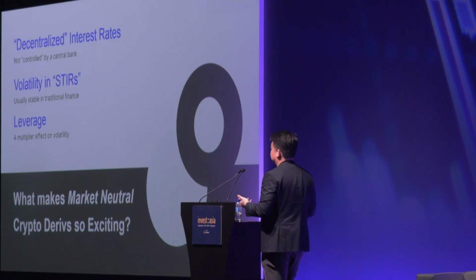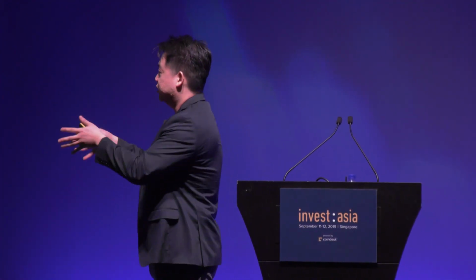Well, I like to call this the decentralized interest rate theory, because it's the first time that a product like Bitcoin has no central bank, right? So there's no control of the central bank, whereas in the Euro, you have the ECB. For USD, you have the Fed central banks. So because there is no one pricing in interest rates from a central bank basis, it creates a lot of volatility. Everything is priced based on supply and demand for the markets, traders alike, right? So it creates this whole volatile market where you look something like this.